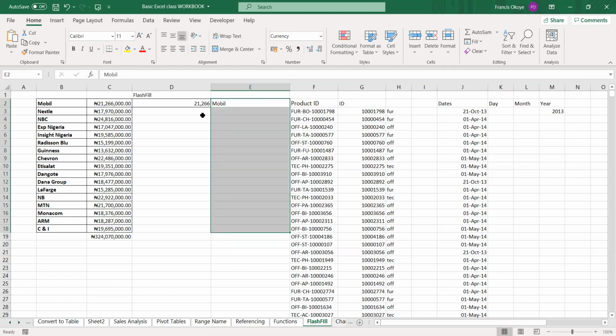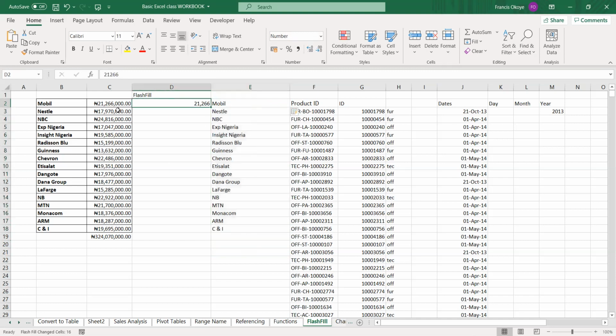You see, use Control E or what? Control E, yes. Okay. You know why I picked everything? Because it has already picked a pattern here for me. So it picked this pattern and this pattern for me already. But if there was a space here,